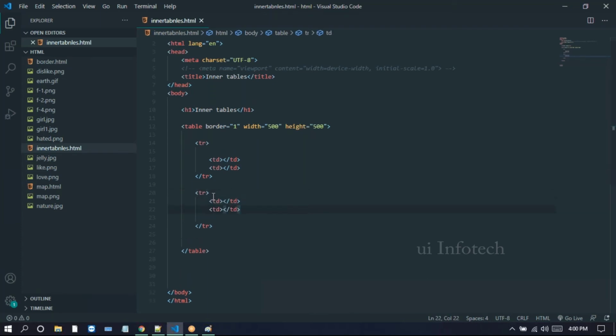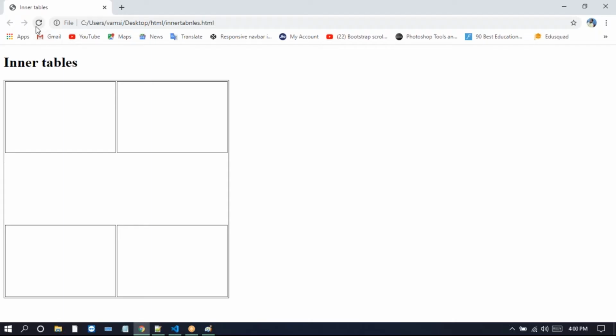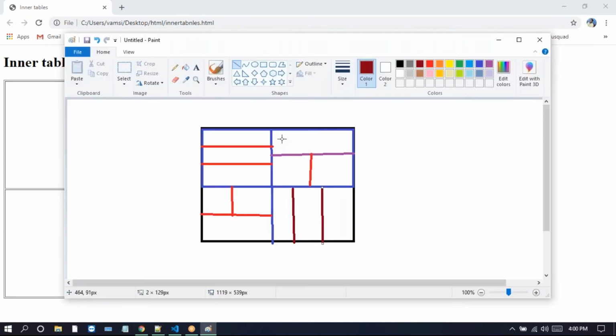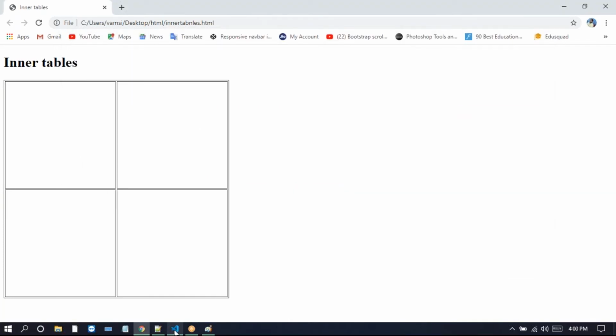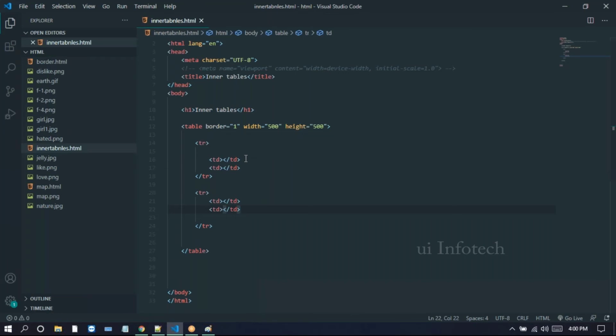After that, coming to this TD. This TD again has an inner table, and the inner table has three TRs. So how do you create this one? This is the first TD, right? And open this Visual Studio. Here this is the first TD, so I'm just putting it in a comment. For this first TD, we need to create the inner table here. Now just put it in the comments here.